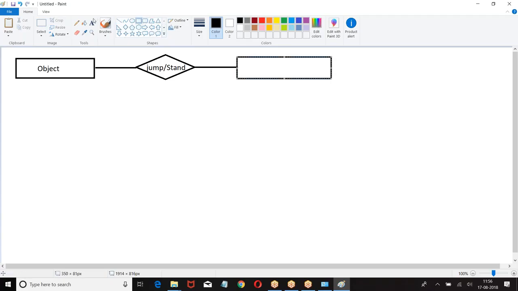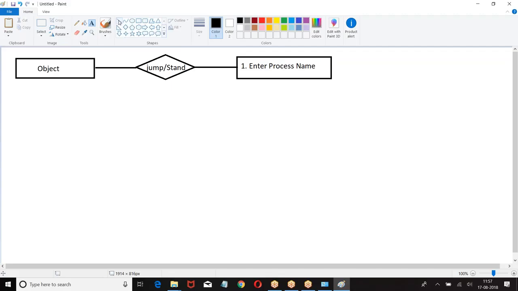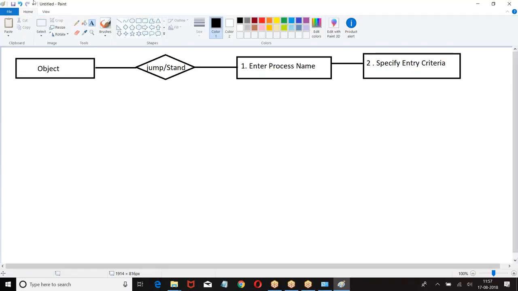Then, first step, enter the process name. Second step, choose the criteria. Specify the entry criteria.